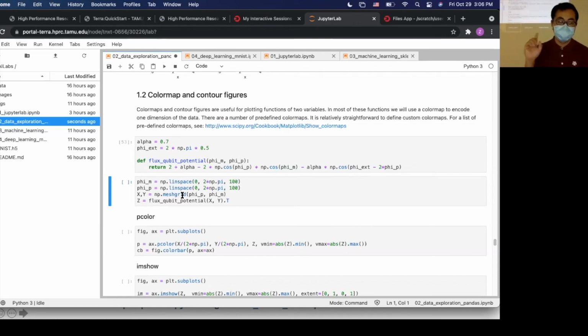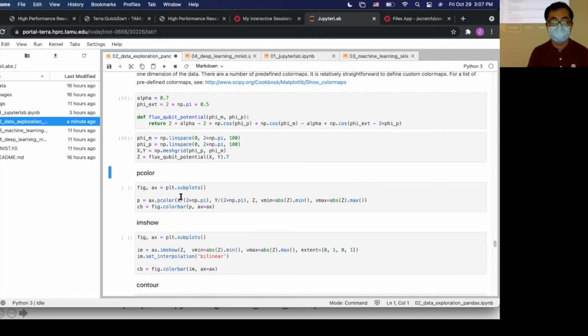We put these into x and y, and in this function we calculate the value at each grid point into z. And also we have a transpose, dot t, here.